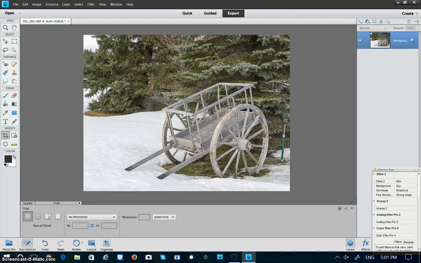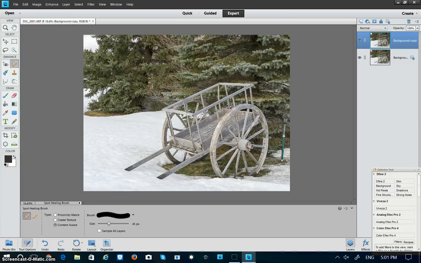The pole here, I don't like it behind her, so I'll take that out. So I'll duplicate the image again, and then I'll use my spot healing tool over here and make the brush a little wider, and I'll just run over that to get rid of this pole. And voila, the pole is gone. This little thing here, I'll get rid of it too. Bye-bye. Okay, now we'll flatten that,